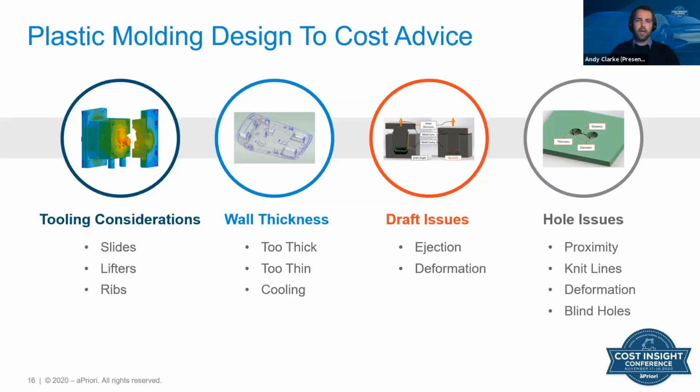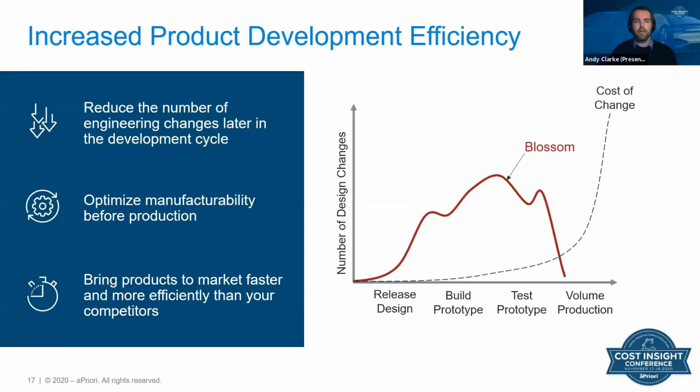So now we've had a top to bottom look at how aPriori's design to cost feedback can be used to guide the design engineer and also guide the engineering manager in terms of prioritization. So what this allows us to do is increase product development efficiency. So most people are familiar with the cost of changes over time, looking at design stages. So release, build,